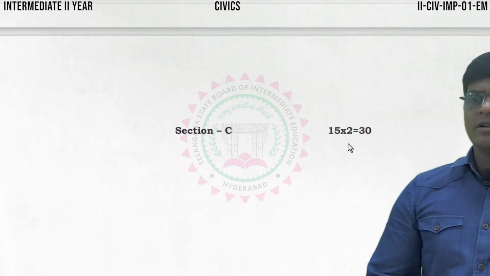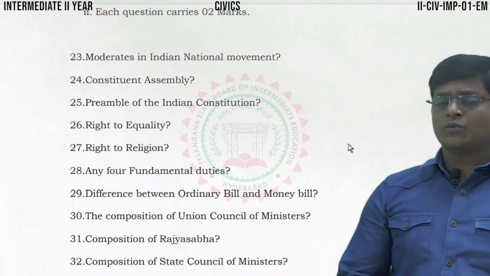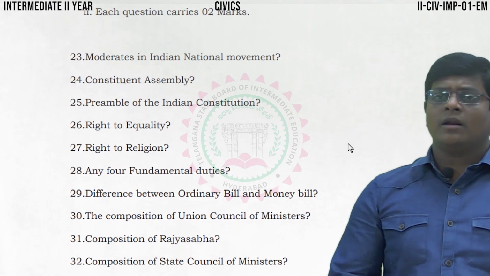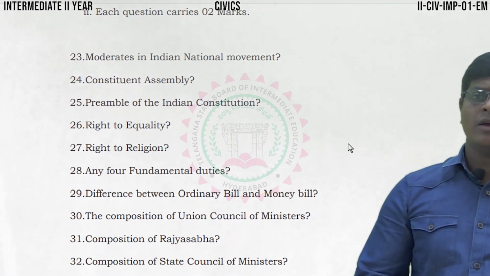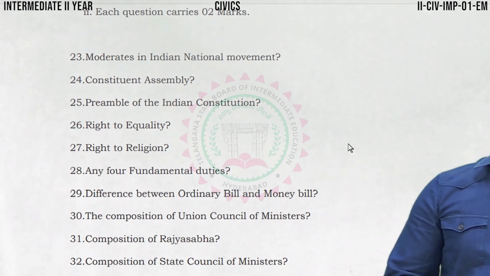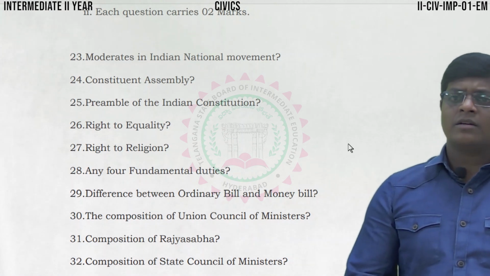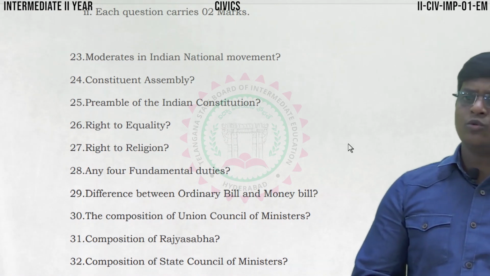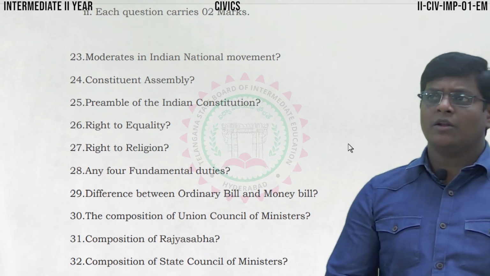Then go to section C. It contains the 2 marks questions. 23rd one, moderates in the Indian national movement. The next one, Constituent Assembly. Preamble of the Indian Constitution. Right to equality, right to religion, any four fundamental duties,